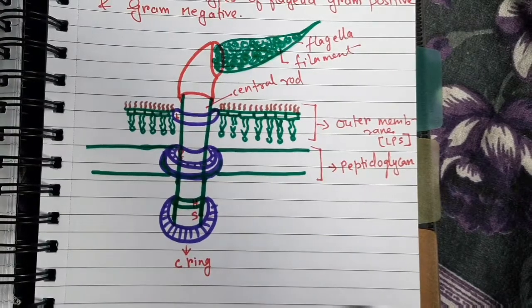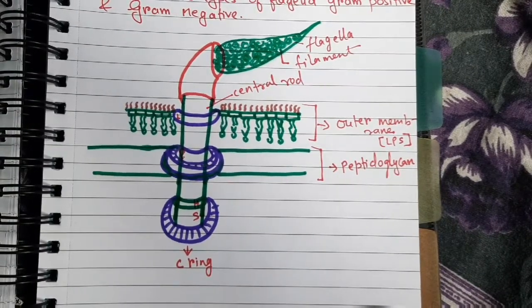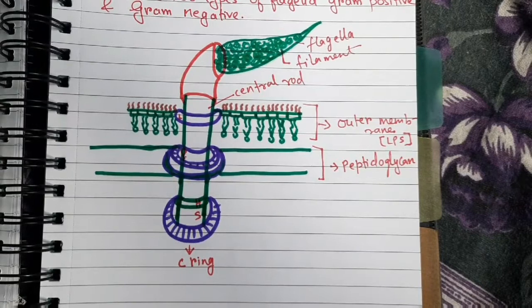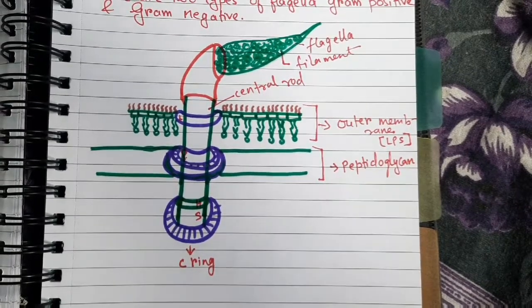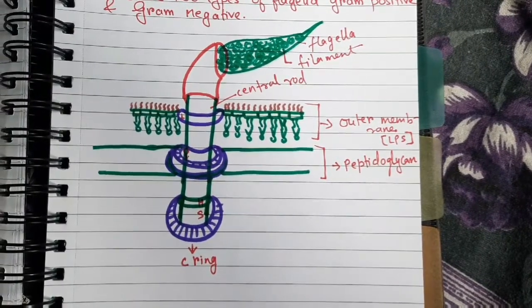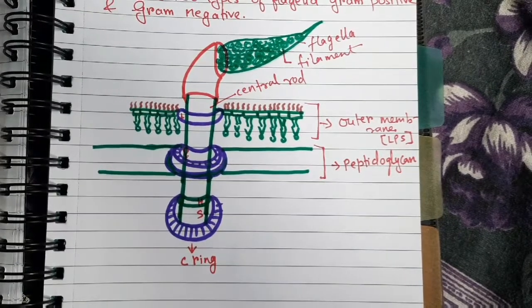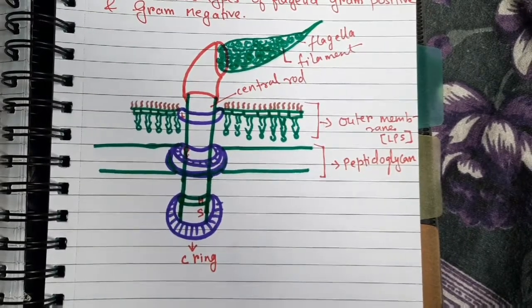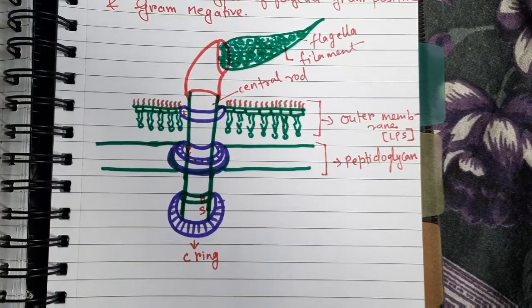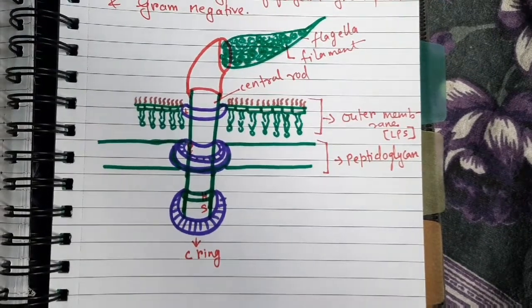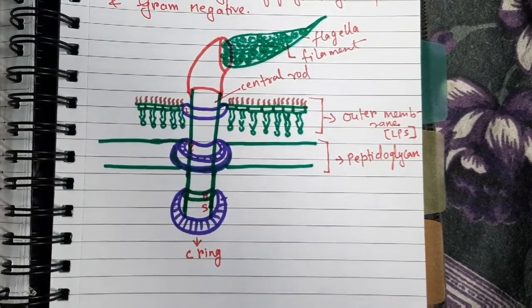These purple lines which you can see are actually rings, the M and S rings. These are the innermost rings located in the plasma membrane. These comprise the motor apparatus, whereas P and L are the outermost rings, and these are located in the periplasm and the outer membrane respectively.